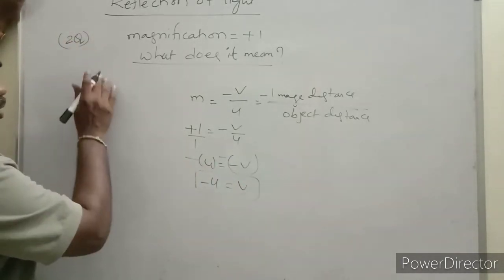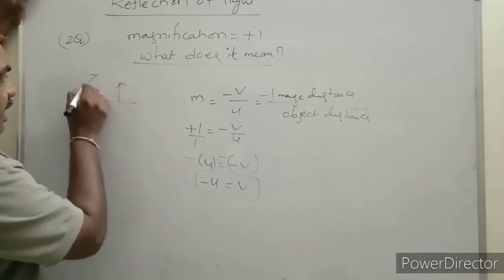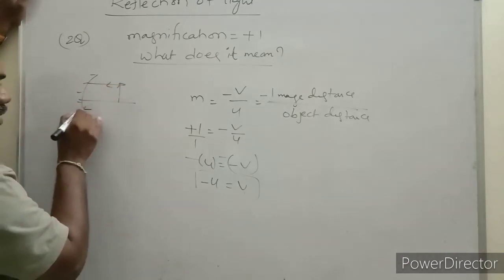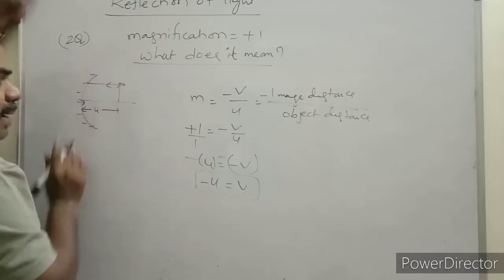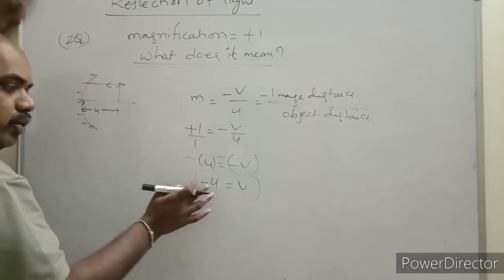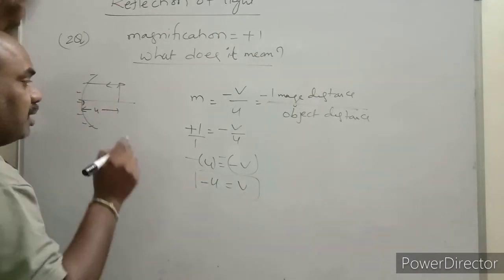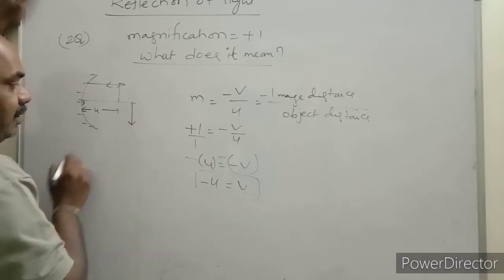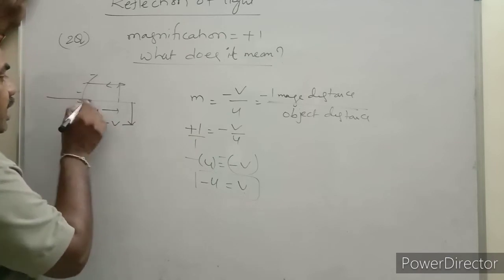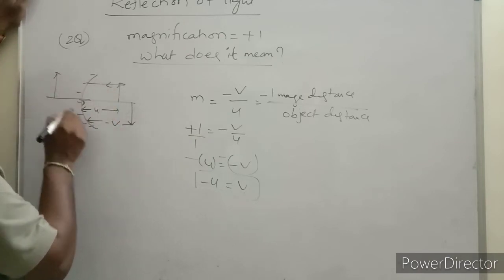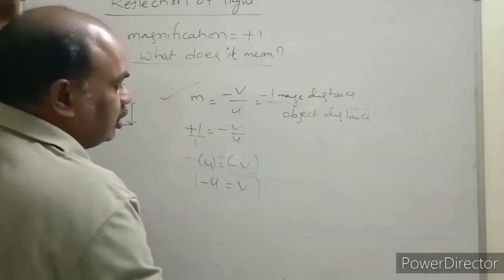Let us consider this is a concave mirror. I placed the object here. This is the incident ray. The pole to the object is called the object distance. Measuring from the pole, compared with the parallel incident ray, U is negative. In a concave mirror, what type of image is formed? Mostly real, inverted, diminished. That means U and most of the time image distance V are also negative. Only one time, if the object is in between pole and focus, V will be positive. Okay, first condition satisfied. It may be a concave mirror.